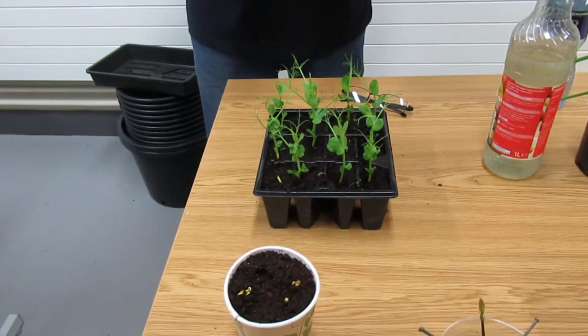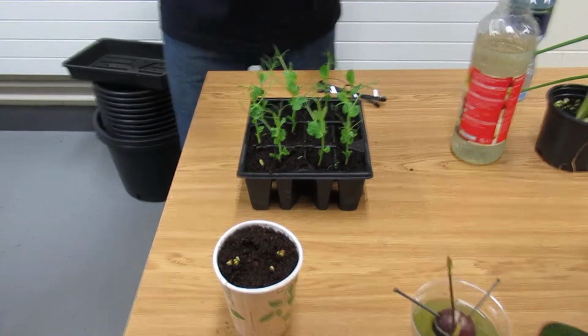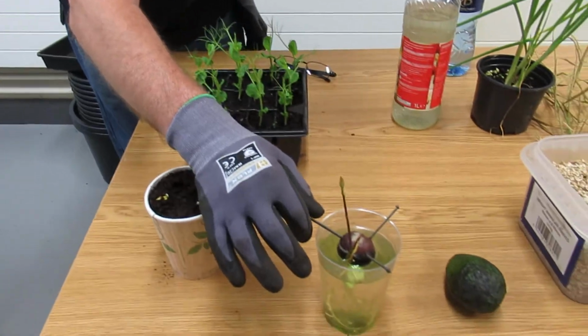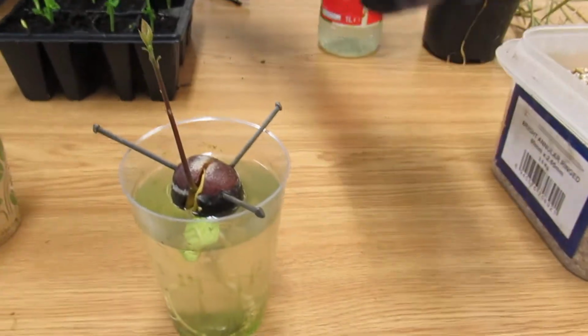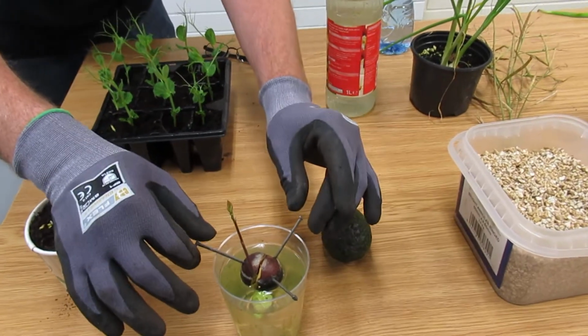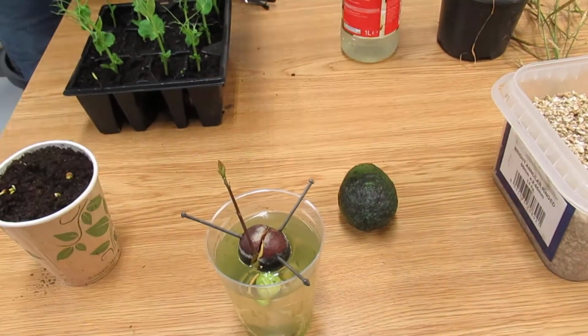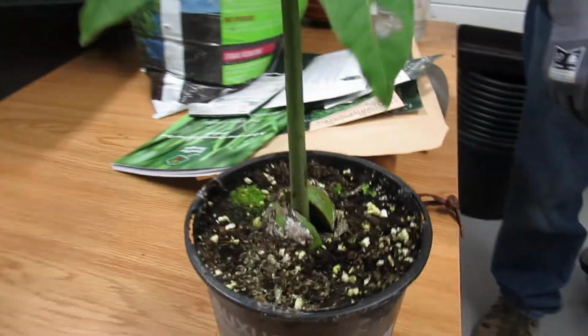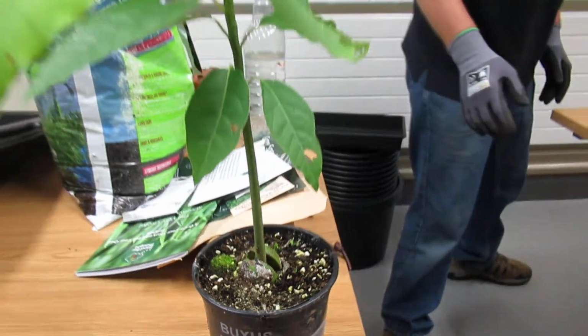Okay, another piece of useful information I want to tell you all about is how to grow other than from seeds. This is an avocado. Once we enjoyed the fruit of the avocado, I just placed the seed onto some water, and then as you see here we get an avocado plant. Also,